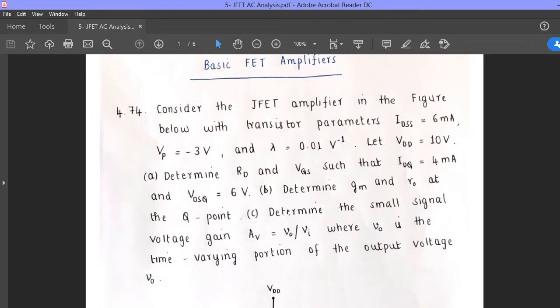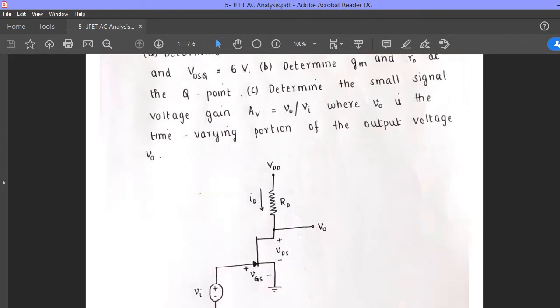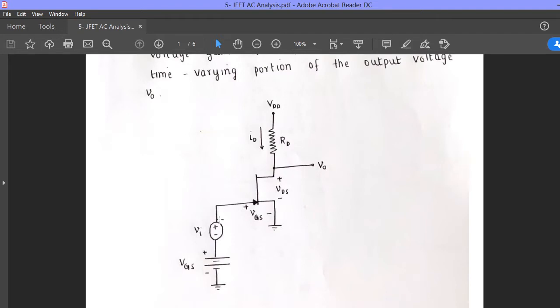So first, what is given in the question is IDSS, the drain saturation current, which is given as 6 milliampere. VP is minus 3 volt. Lambda is 0.01 volt inverse. VDD is also given. By observing this circuit, we have to find out the value of,